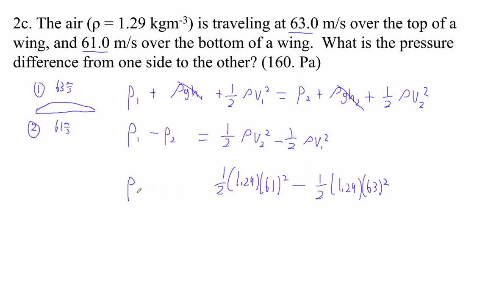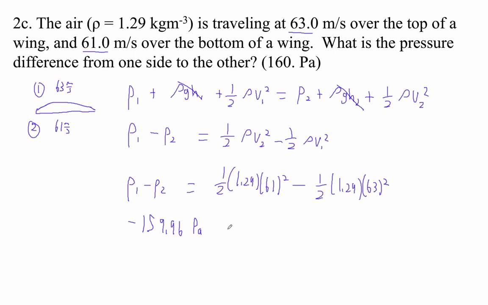That's going to be the difference in pressure. All right, so I'm going to go 0.5 times 1.29 times parentheses 61 squared minus 63 squared. And I'm getting that the pressure difference is minus 159.96